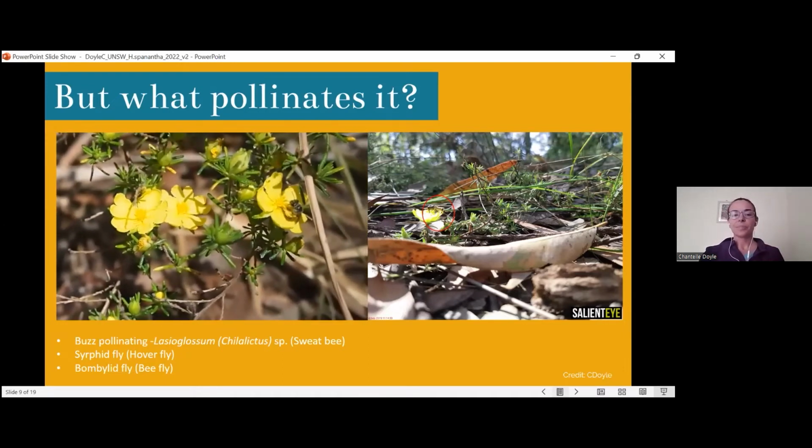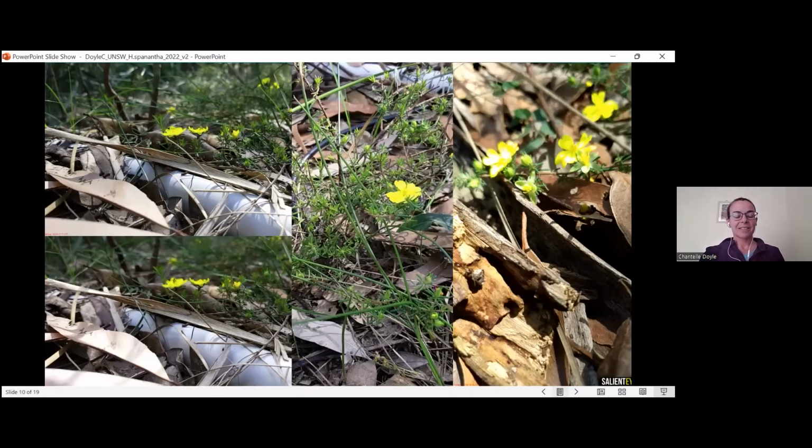I wanted to show you this. These are some shots from the Salient Eye app. It really worked better than I expected. If you have a look, maybe you can find what triggered it. And there you go in the red. I'm flashing them at you now. They're what triggered the app. Waving grass would also trigger it, which is very annoying, but luckily it was low enough that that didn't happen. Okay, so we know about its breeding system. We know that the pollinators are present. The final thing I needed to look at is genetic health impacting pollination success.